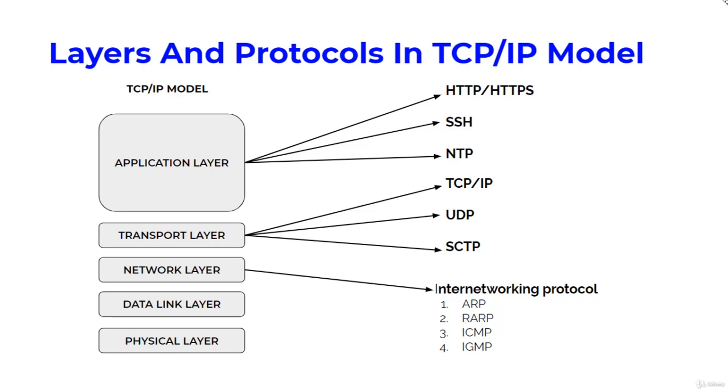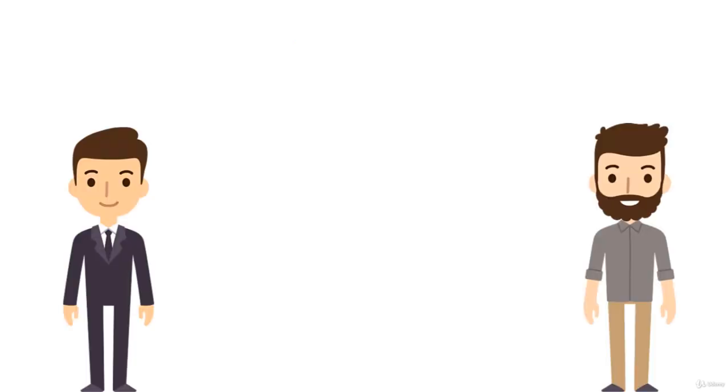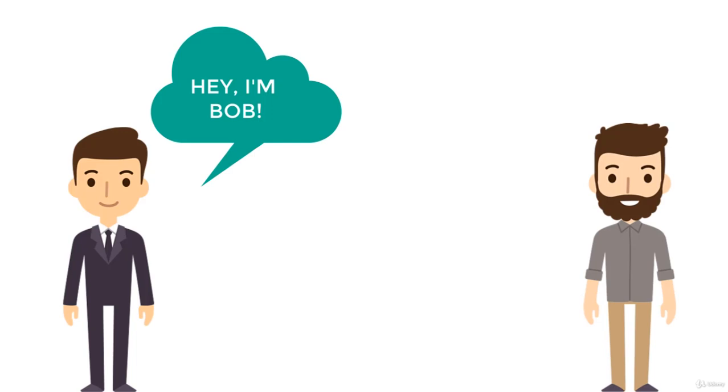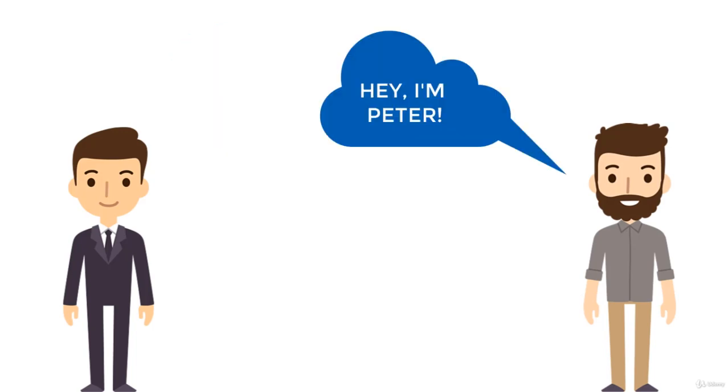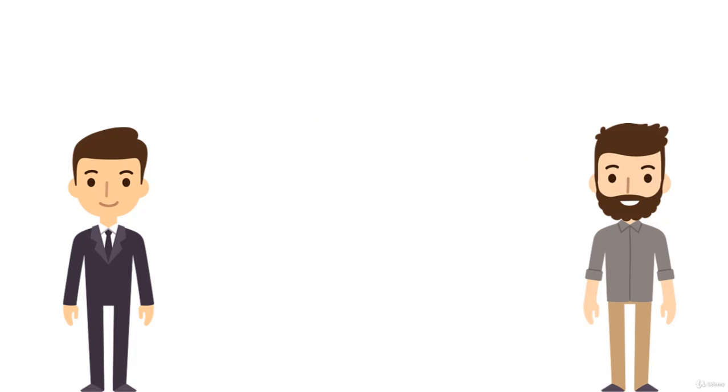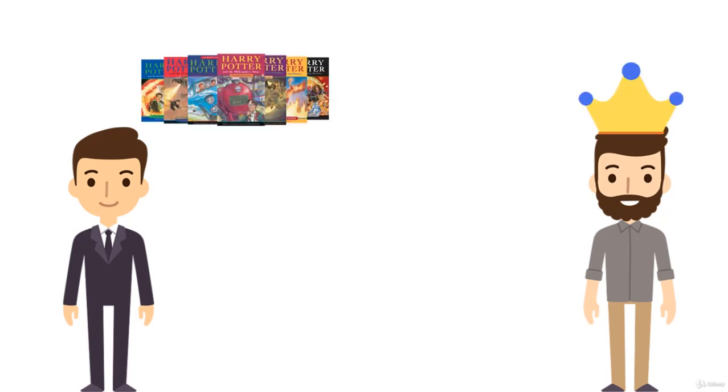understand it using a real-life communication example. Now, for the explanation purposes, I will demonstrate it in the 4-layer model. Let us consider Bob and Peter are two friends who live in different cities, say city A and city B. It is Peter's birthday and Bob has decided to send his friend a Harry Potter series book as a birthday gift. So in this case, Bob is the sender, that is the source, and Peter is the intended receiver, that is the